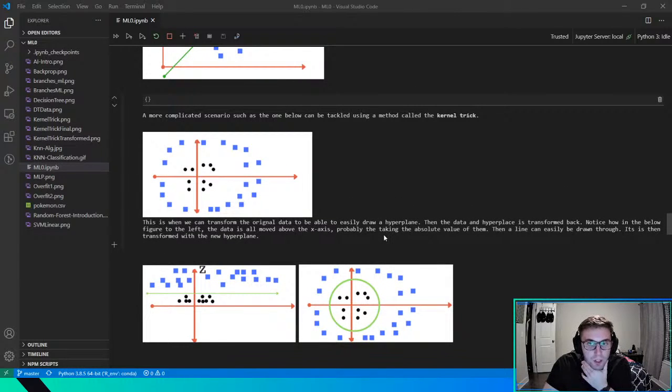So there are all types of different kernel tricks. For example, there's a polynomial, and you can even make your own, right? That's kind of how it is, but radial basis functions I think are the go-to. Your kernel trick is another example of a hyperparameter.